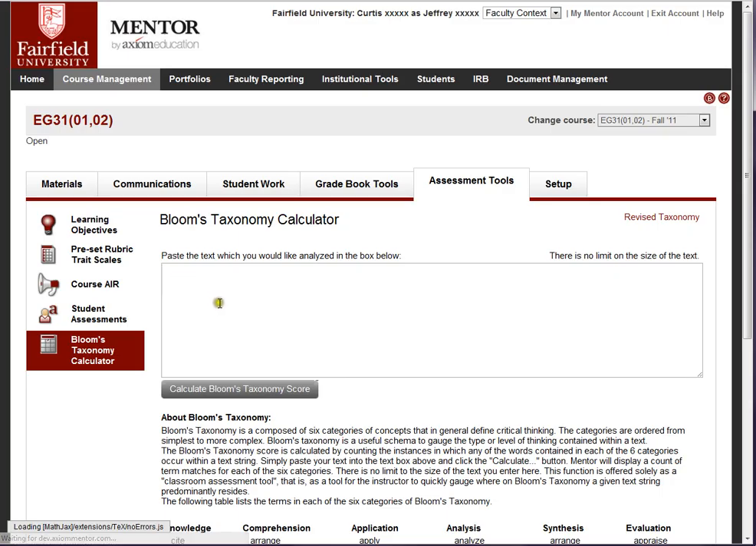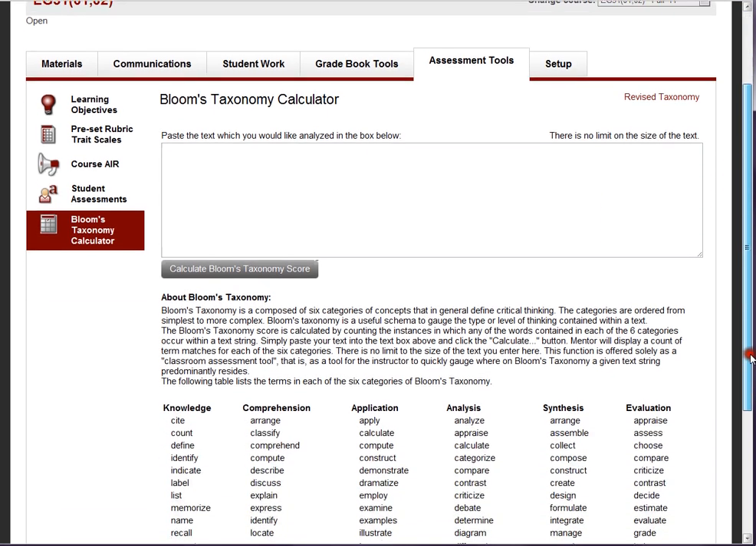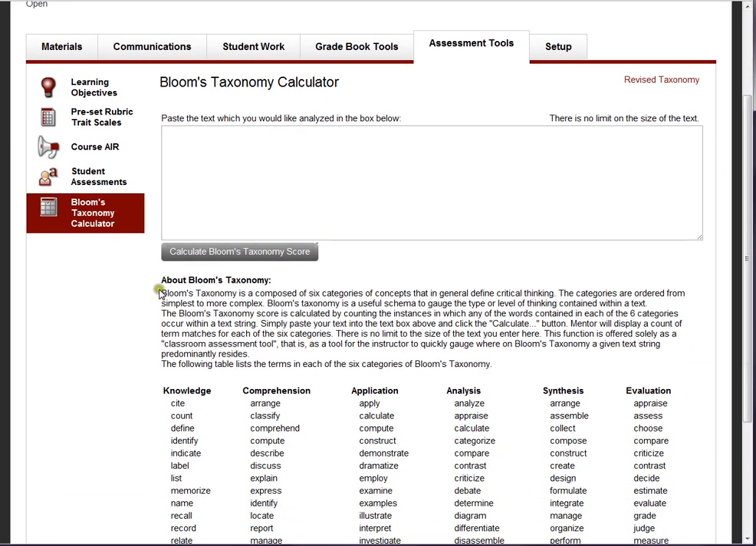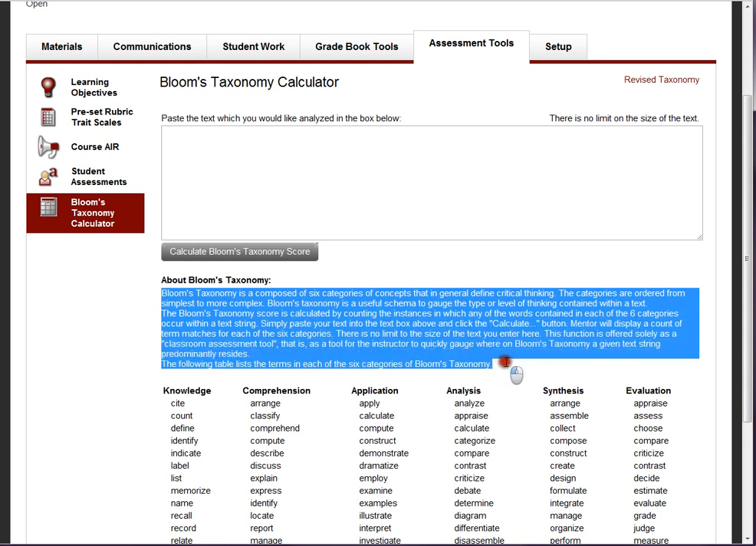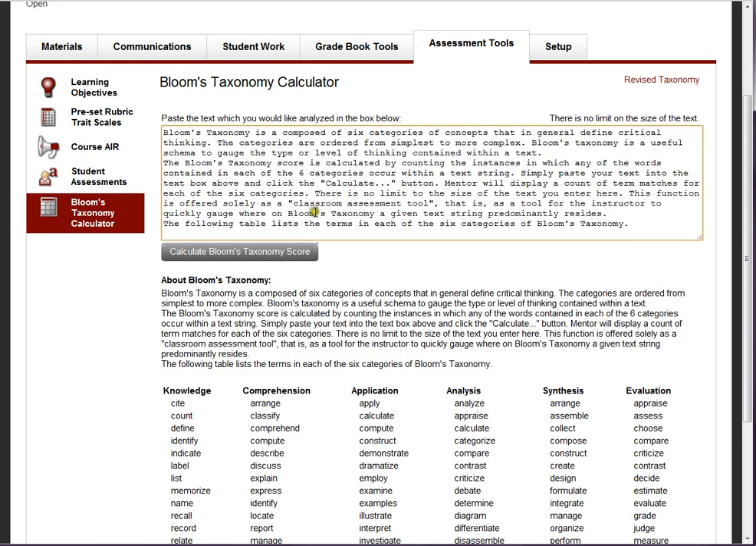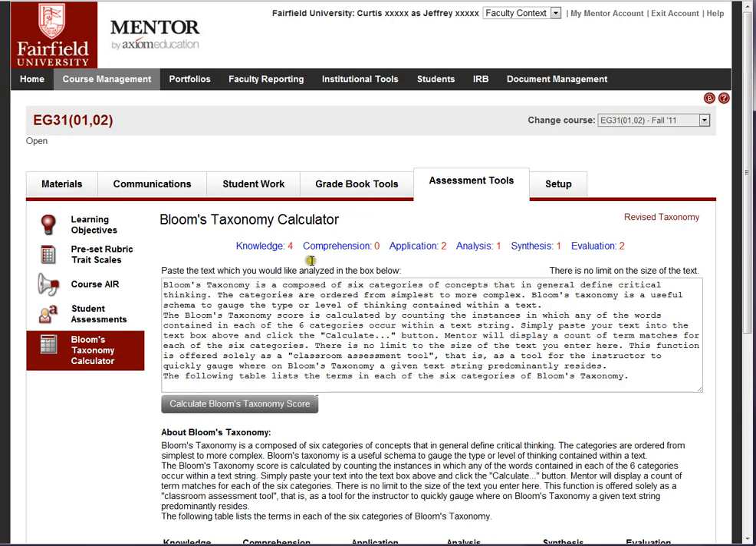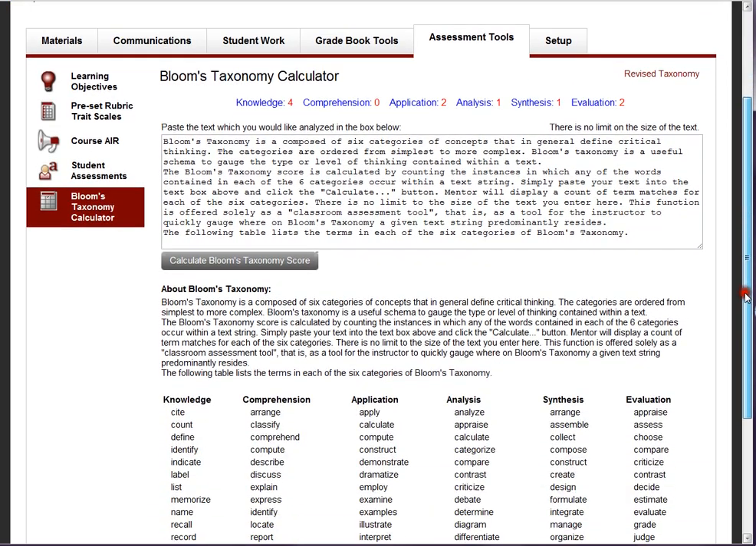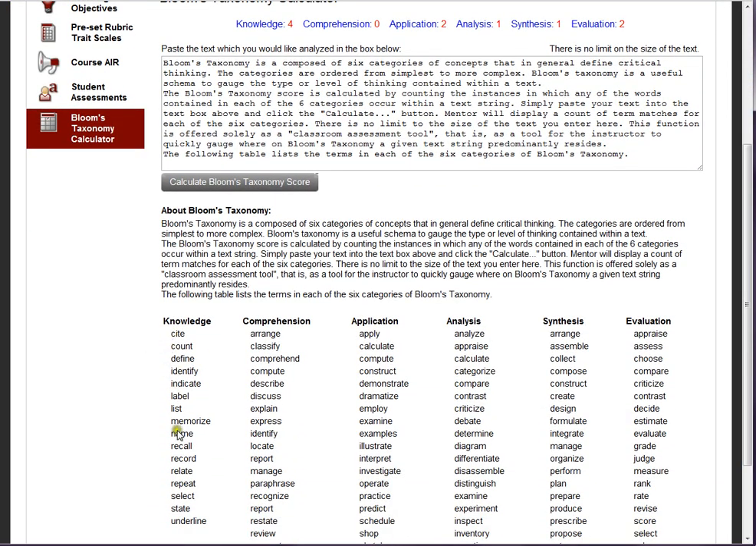Finally, Bloom's taxonomy calculator. This is more of a fun little thing. What this does is you can take any text, doesn't really matter how long it is, paste it into this field and click calculate, and Mentor will come up with a Bloom's taxonomy score. So what it's doing is it's counting how many times any of these terms appear in that text,